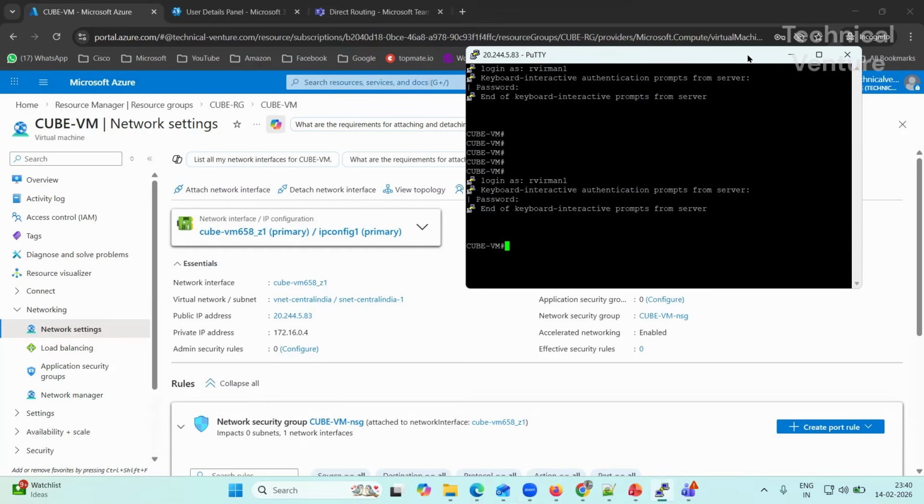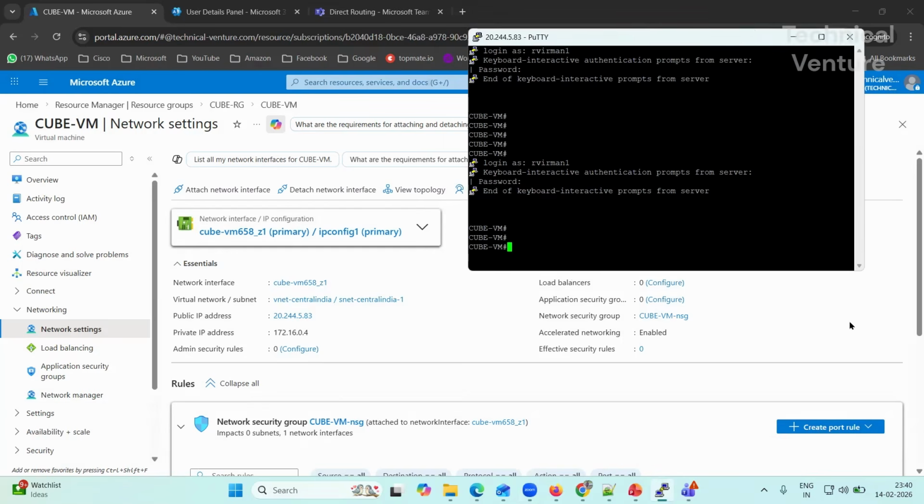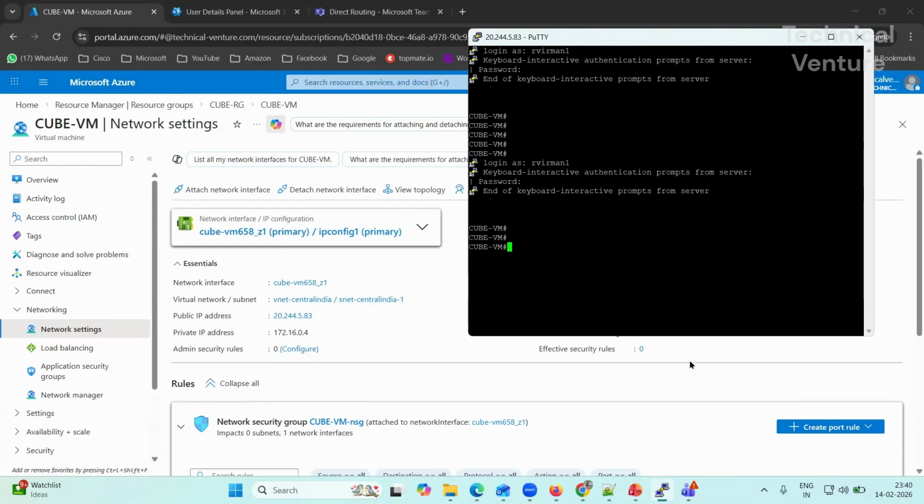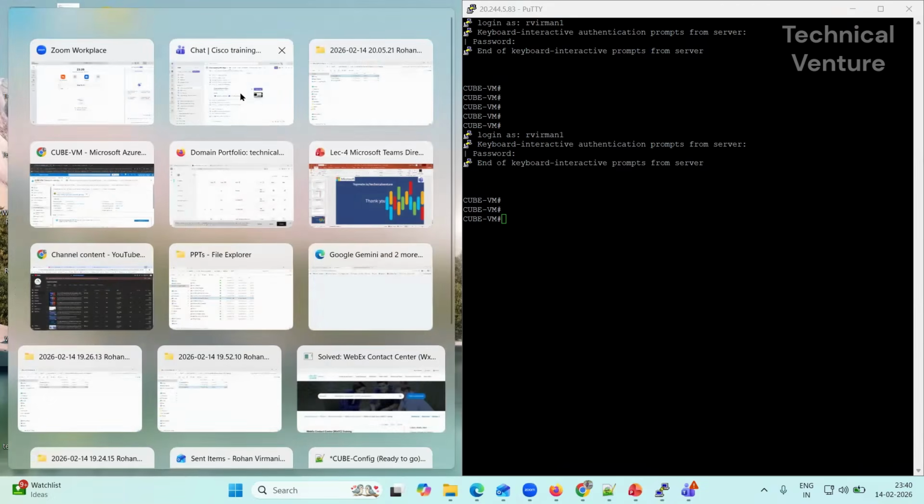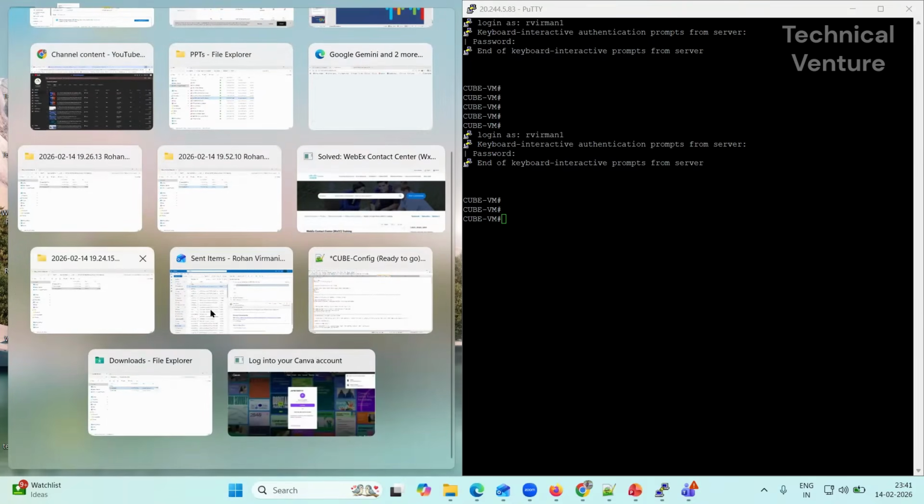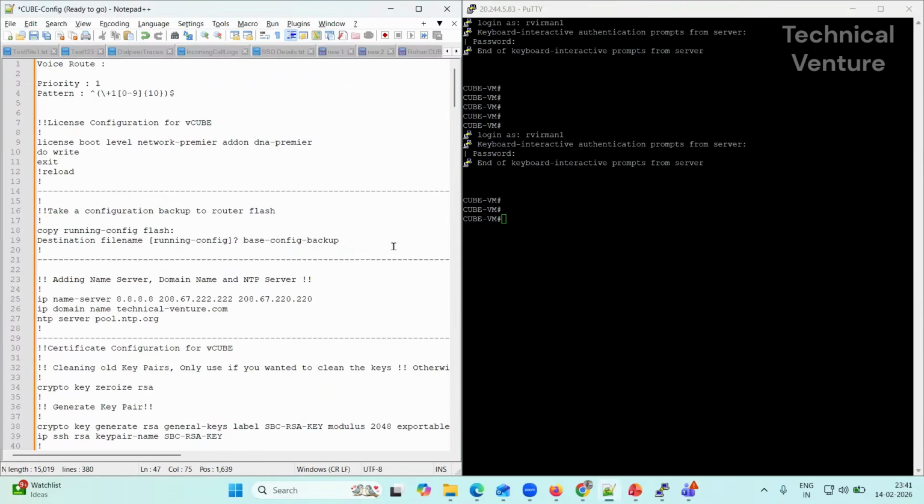Okay, so this is my cube on which I'm gonna start the configuration. I'll show you the configuration I have in my notepad, and then I'm gonna start the configuration. Let's see this one. Okay, yes, here you can see